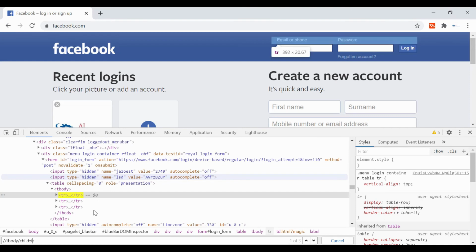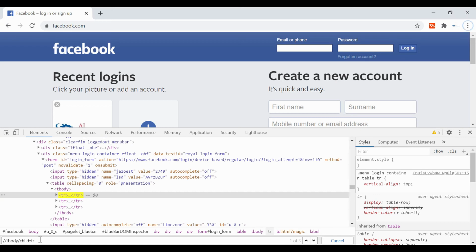As you can see on the right side, it is showing 3, which means this tbody, which is a parent, has 3 children, 3 trs. So in this way you can move from parent to child node.